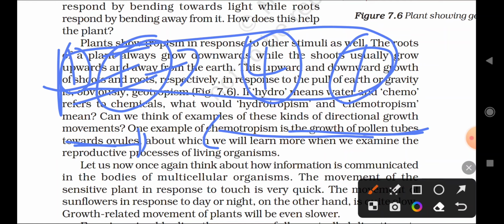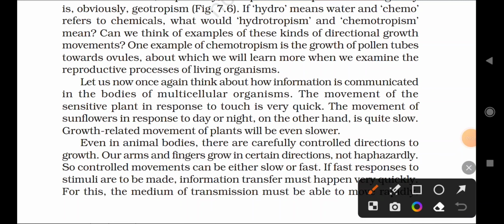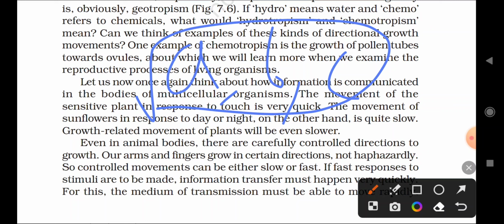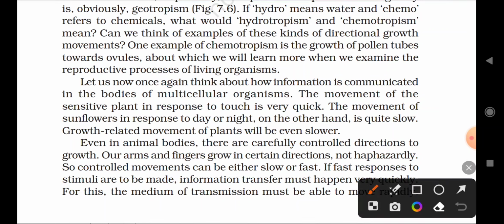If this is given, you have to write it, and you will definitely get 4 marks. Sometimes they will ask 5 marks, which means they will give another question with A and B, or sometimes A, B and C also, right? So you have to remember and read very carefully. These are very important questions. Next,